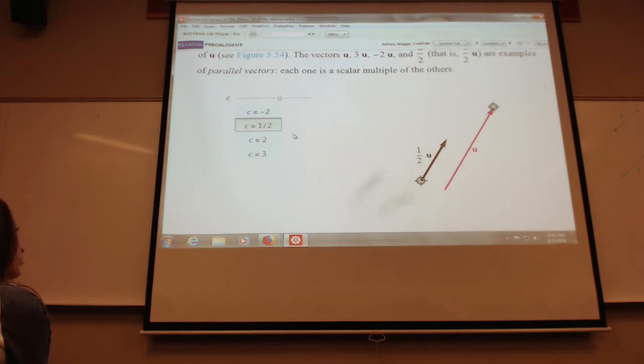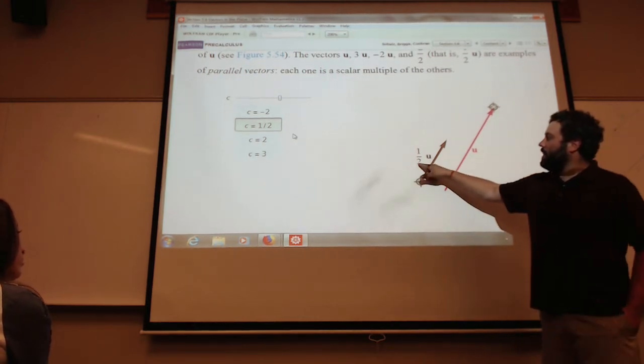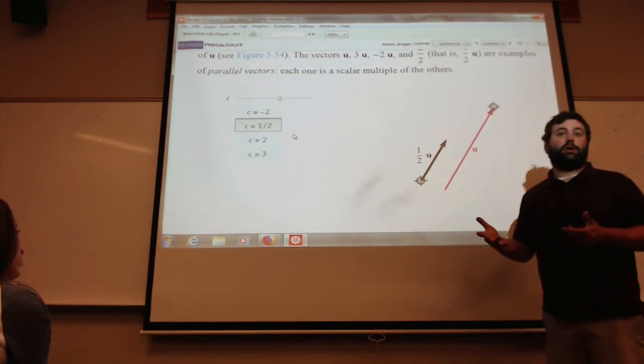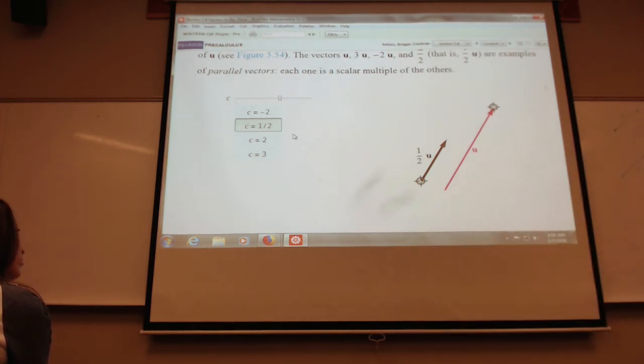Okay, so again, if I take an original vector u and multiply it by the scalar 1/2, I haven't changed the direction, but now I've made the vector half as long. And then, anybody have a guess? What if you multiply a vector by a negative scalar? It's going to change the direction. So if I choose my scalar to be -2,